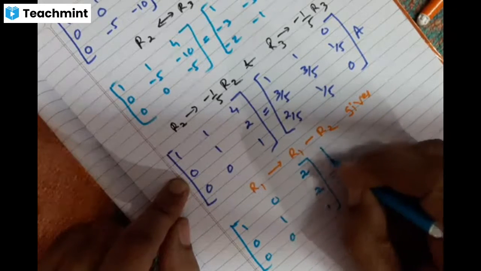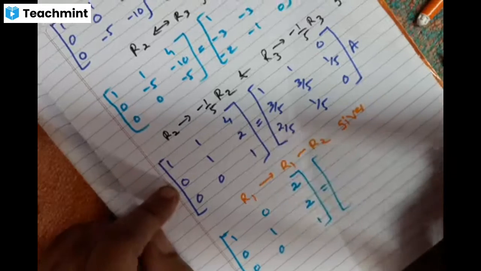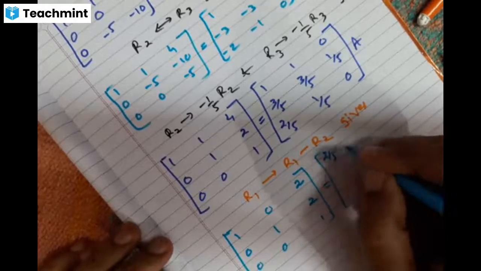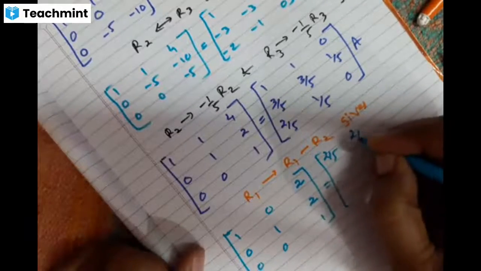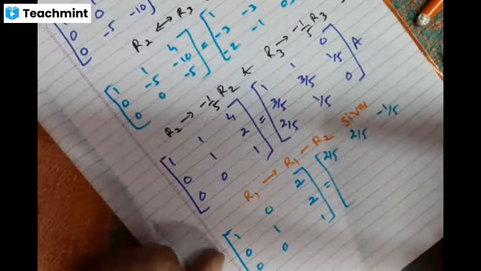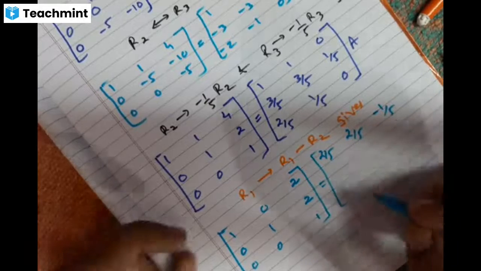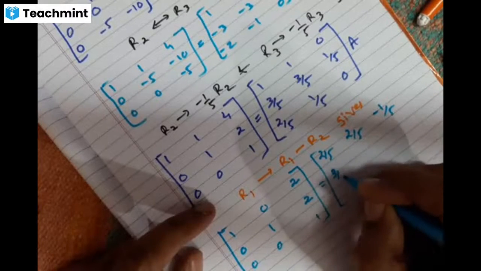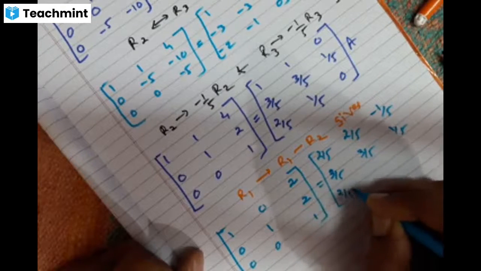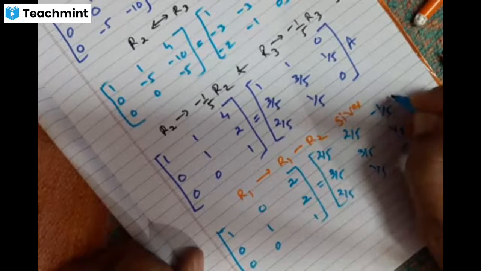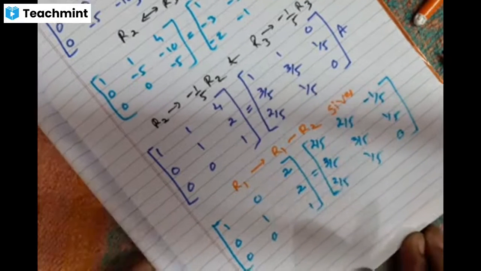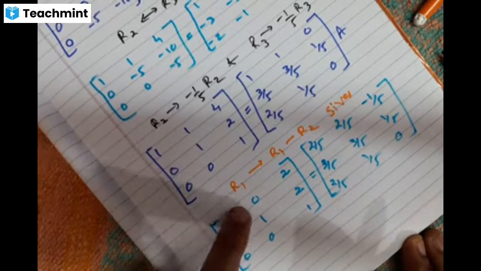is equal to, now see, 1 minus 3 by 5. So 1 minus 3 by 5 will be 2 by 5. Again 1 minus 3 by 5 will be 2 by 5. 0 minus 1 by 5 will be minus 1 upon 5. Hope you can do this subtraction orally. And second, third row, no change. 3 by 5, 3 by 5, 1 upon 5, 2 by 5, 1 upon 5, 0. ठीक है? Okay, right.